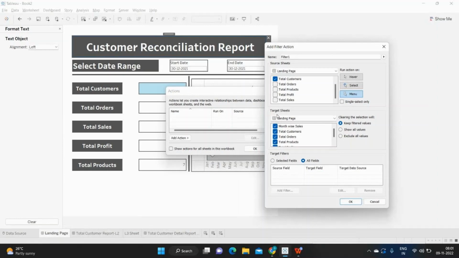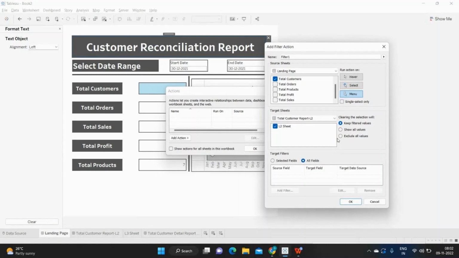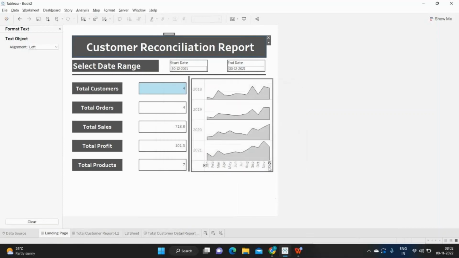So instead of a target here in the same dashboard, I'm selecting that dashboard from here. See, I'm changing the dashboard, going to the other dashboard now. This should happen on the select, single select. So when I'm not selecting anything, I want to display all. Click OK and OK. Now if I go to this sheet,